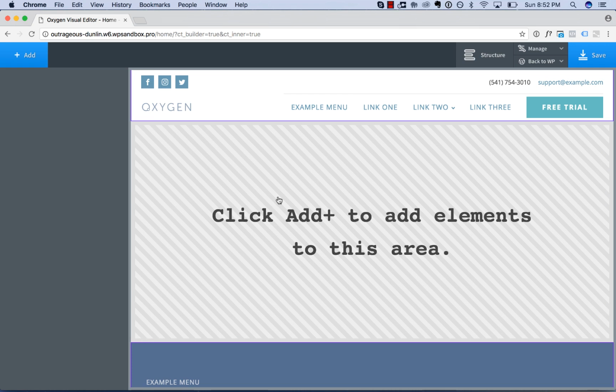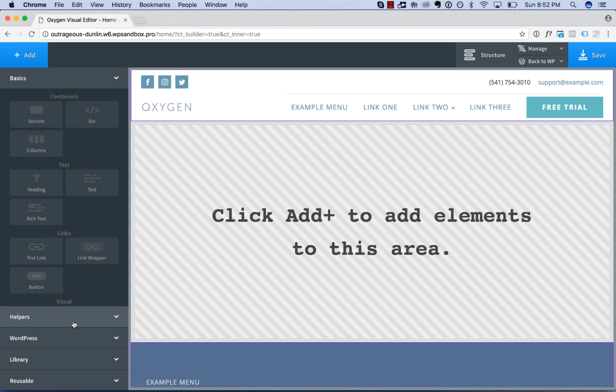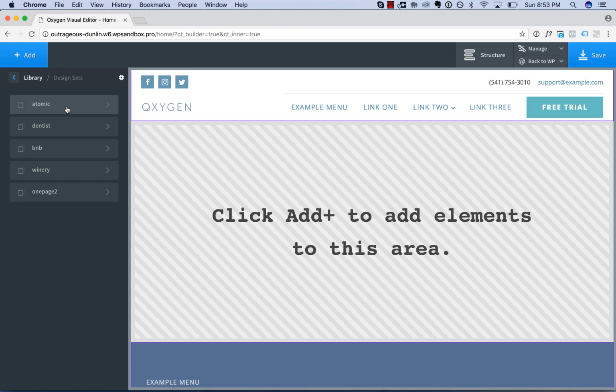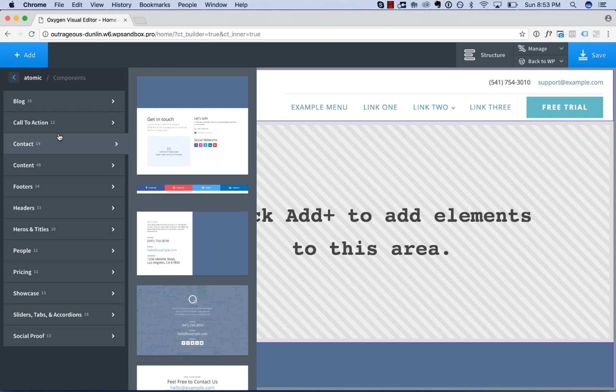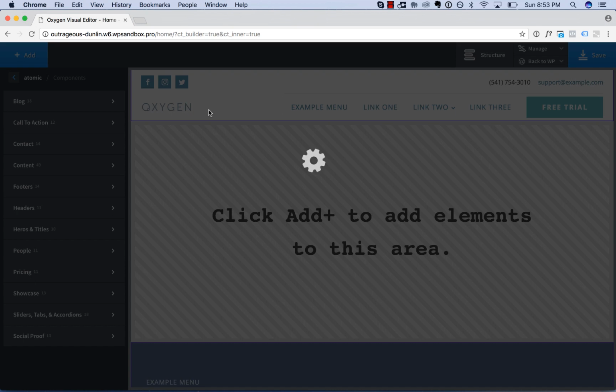Now let's add some elements to our home page. So again, I'm not going to design this myself. You could if you want using the elements in Oxygen, but I'm going to add some pre-built elements from the library. So I'll go to Library, Design Sets, Atomic, Sections and Elements, and let's add in a hero section